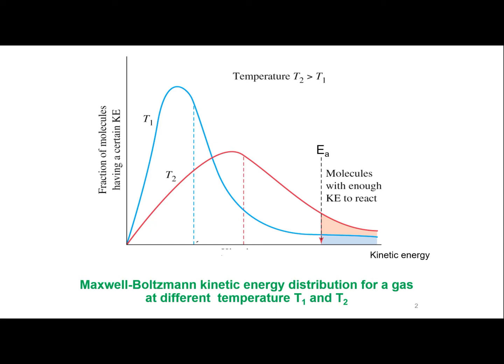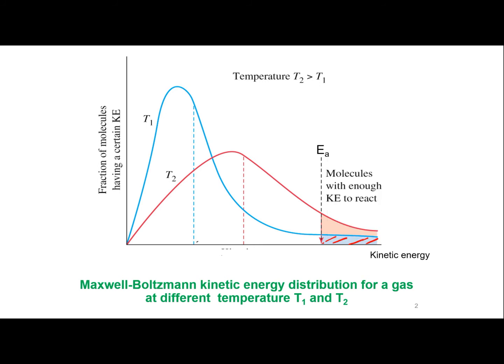Now, let's look at the blue graph, the graph with lower temperature. This area, the area below the blue graph, this area, means the blue area represents the number of molecules with kinetic energy greater than or the same as the activation energy. This blue area only represents the number of molecules with kinetic energy greater than or the same as the activation energy